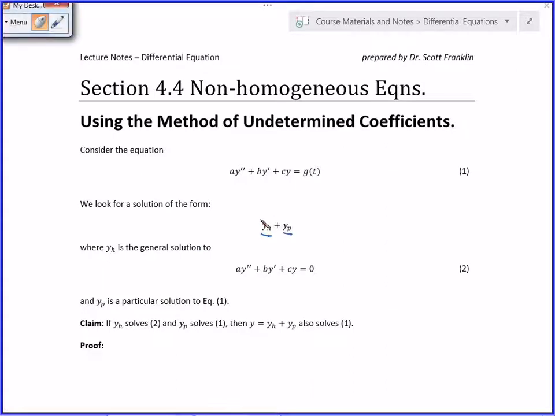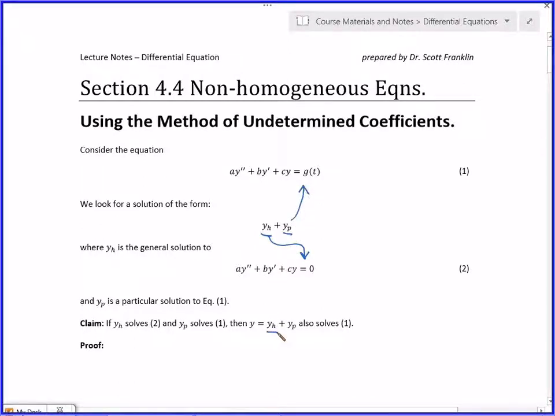solve when it is zero, or solve as if it were zero. That's where your general solution part comes in. That's where your C1 and C2 enter. But then you've got to try to find a single solution with no C's in it whatsoever, just one single solution that if I were to plug it in the left-hand side, I get the right-hand side. Okay? So the claim here is that if YH solves this one, and YP solves this one, then